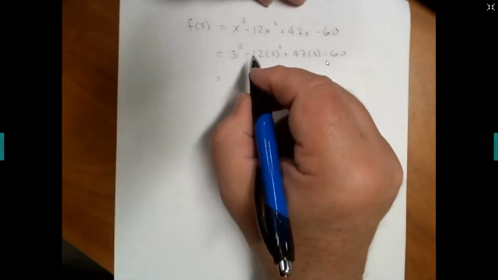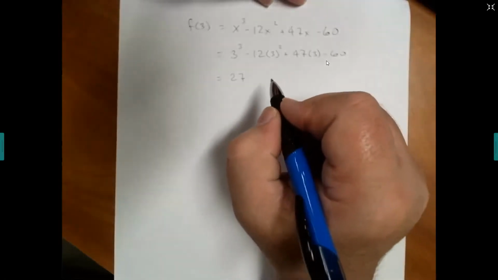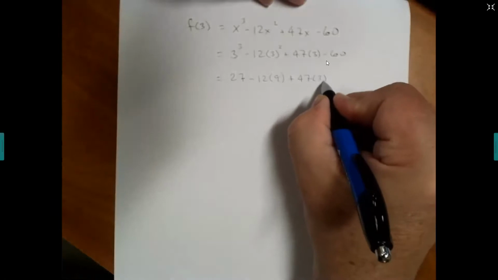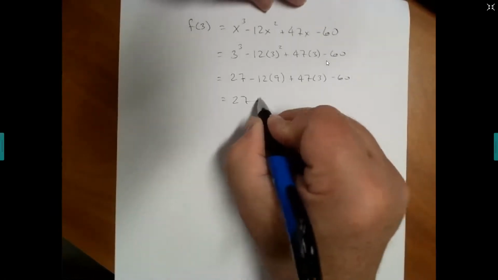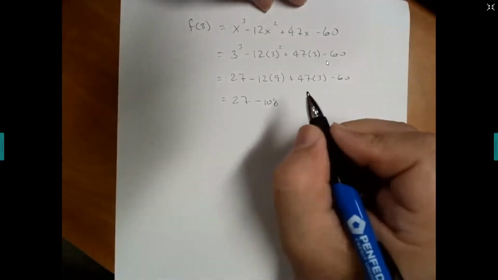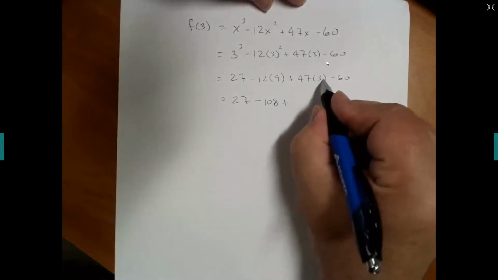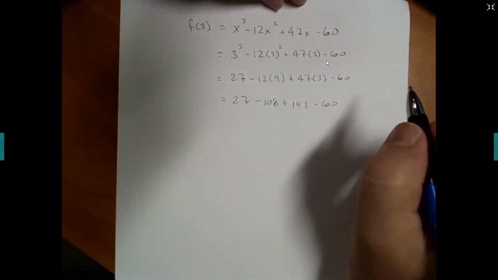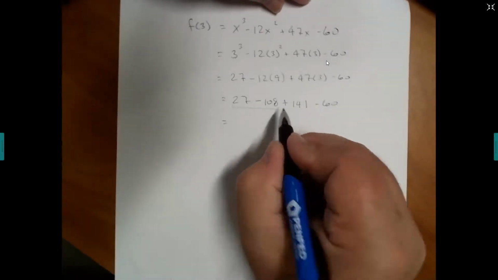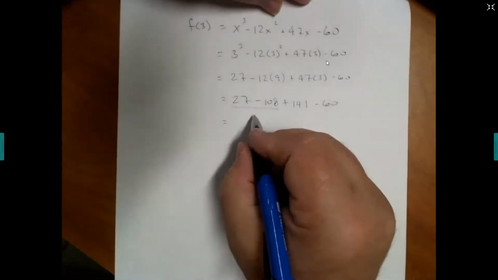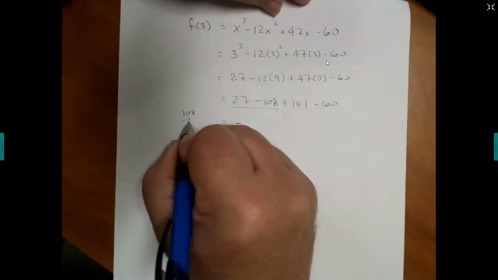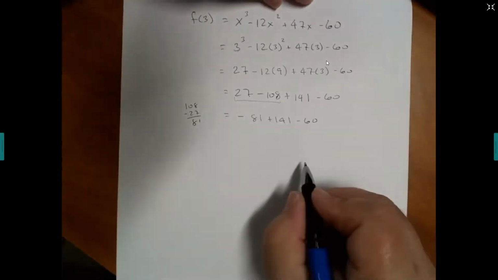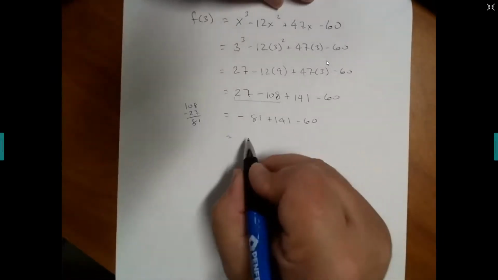So 3 cubed is 27. 12 times 9 is 108. 47 times 3 is 141. 27 minus 108, it's going to be negative. So 108 minus 27 is 81. 141 minus 81